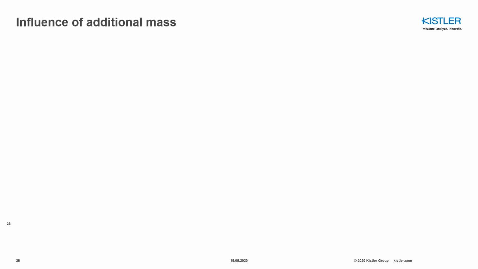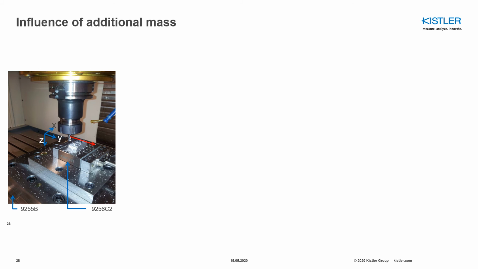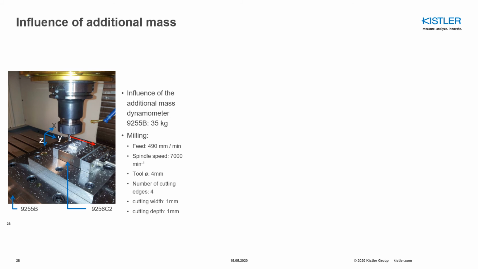What about the additional mass? As we know, the additional mass will also influence the natural frequencies. So in this setup, you can see the stationary dynamometer 9255 here, and then we have an additional mass and another dynamometer which is 9256, and then you have your workpiece and milling tool. So we have an additional mass of 35 kilogram in this case, where the 9255 will be affected in